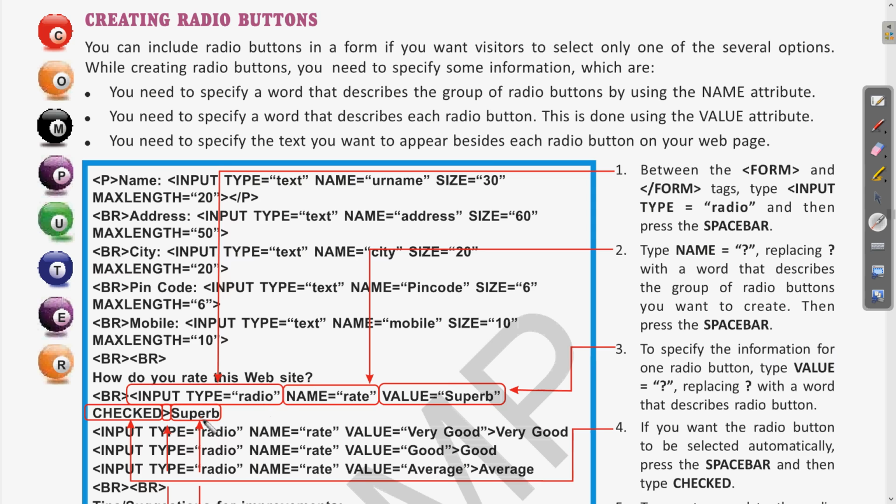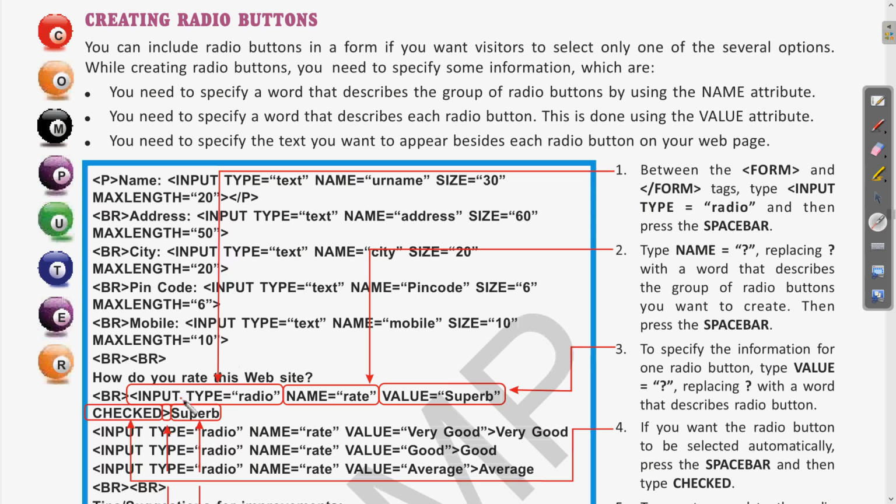Here also, whatever the input type we want, in all of these we have chosen radio. The name which we write for specifying the set or group of these radio buttons should be the same if they are the options of a single question.